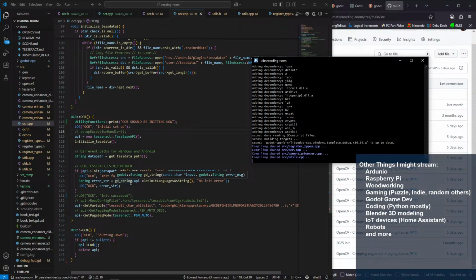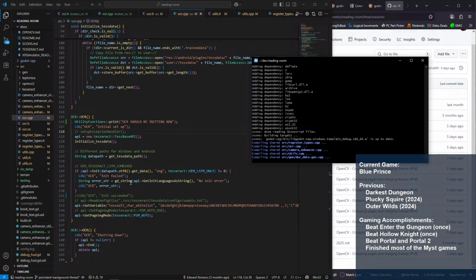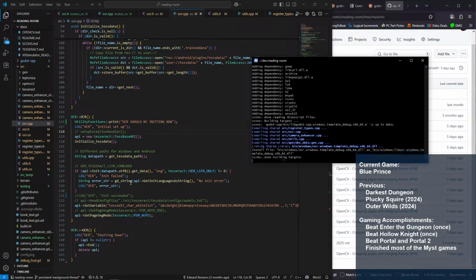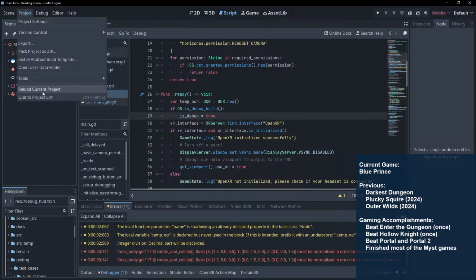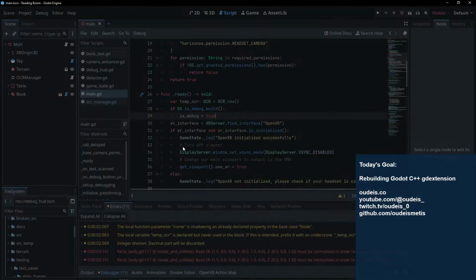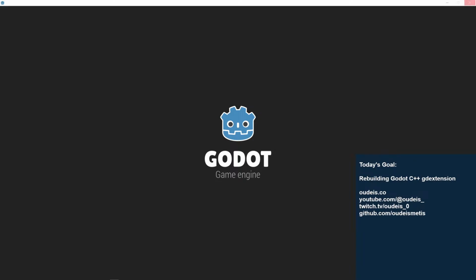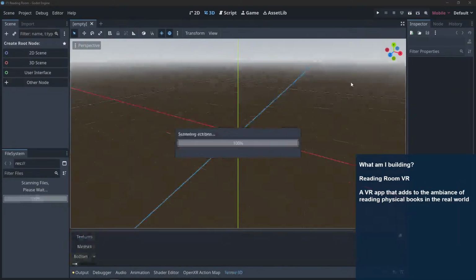It's so annoying how slow and tedious this can be sometimes. And I shouldn't have to reload Godot, but I'll do it again anyway. Cool. So. Let's see what this does. Please work.